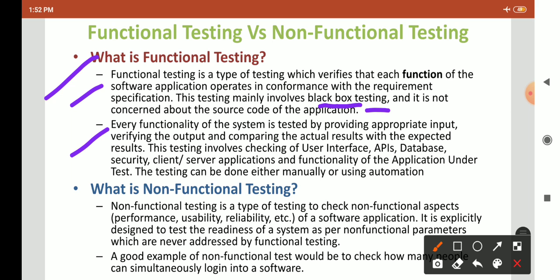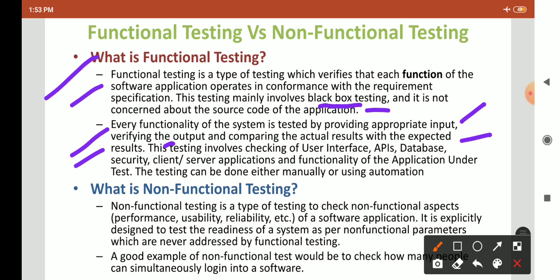Every functionality of a system is tested by providing appropriate input, verifying the output and comparing the actual result with the expected result. So for each functionality there is an input present. You have to check the output and compare it with the expected output. This testing involves checking the user interface.